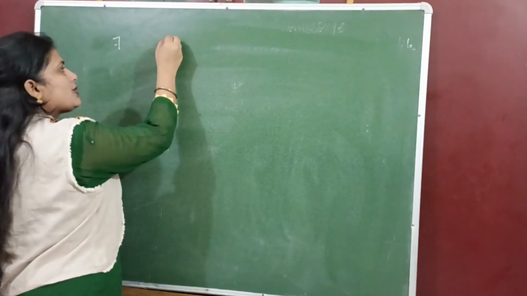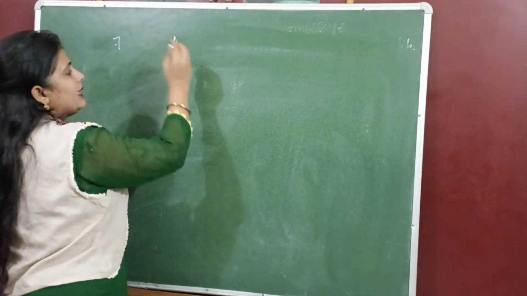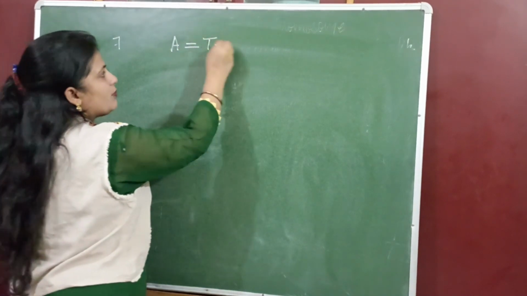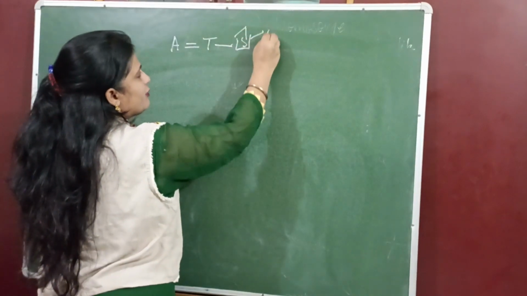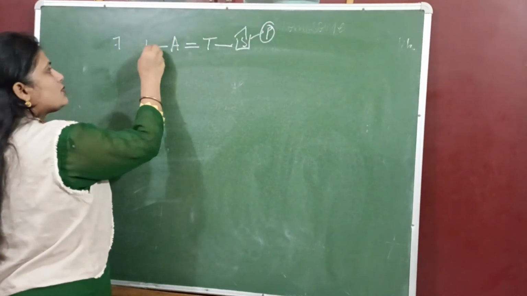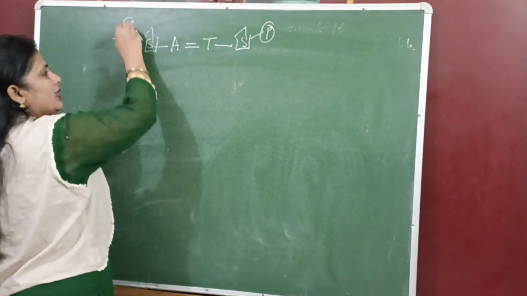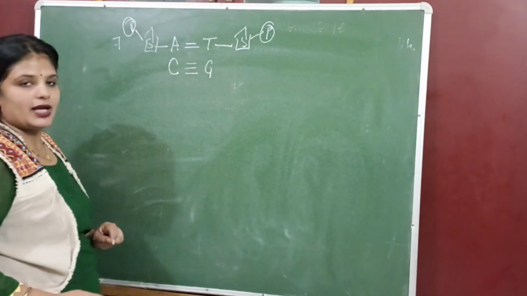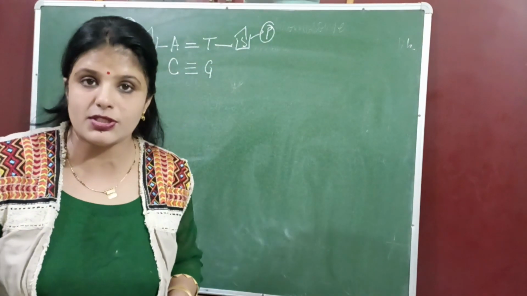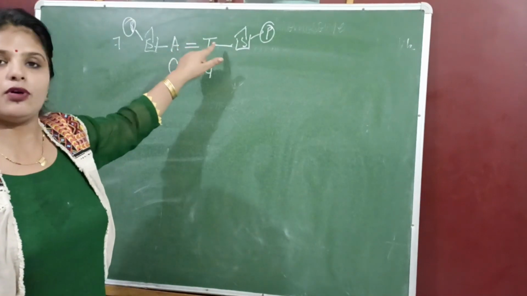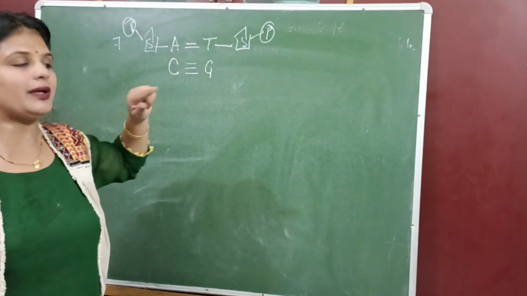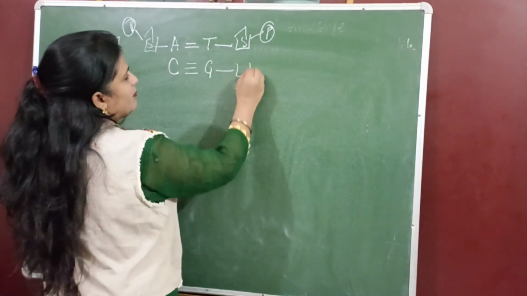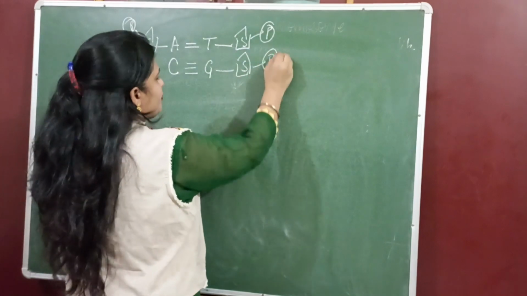How they are arranged. Suppose this is a purine, adenine. Adenine combines with thymine with 2 hydrogen bonds, then pentose sugar, then phosphate group. Okay, here also we have a pentose sugar and phosphate group. Cytosine combines with guanine, here we have 3 hydrogen bonds; the number of bonds is also important. And remember that adenine always combines with thymine, so that they make ATM, and cytosine always combines with guanine, and again they combine with pentose sugar and phosphate group.